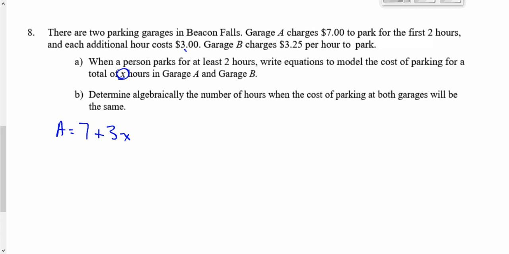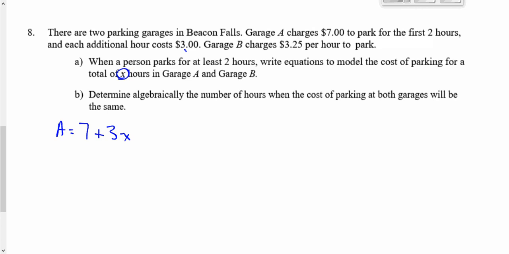All right, hold on. Think about this for a minute. We're close. Commutative property, yes, it would work like mx plus b or b plus mx. But in this case I thought it was easier to start with the 7, and I think it'll help explain this. Let me ask you a question. $7 for the first 2 hours, and then every hour after that is $3. If you parked your car there for 10 hours, you're going to pay that $7 plus $3 times